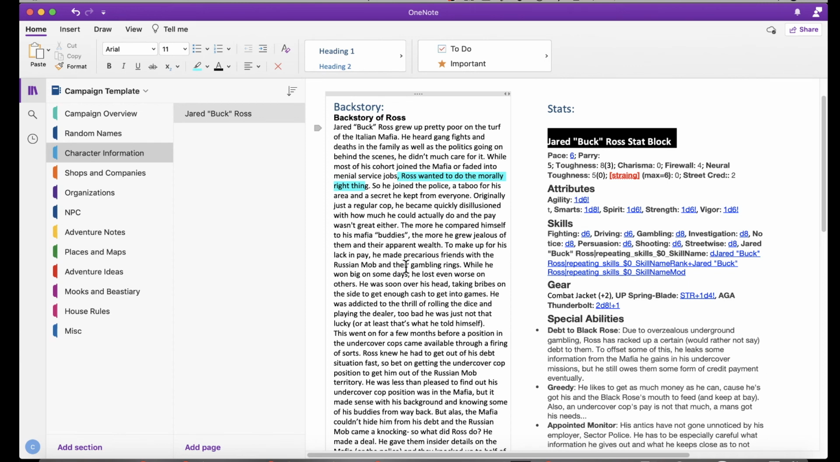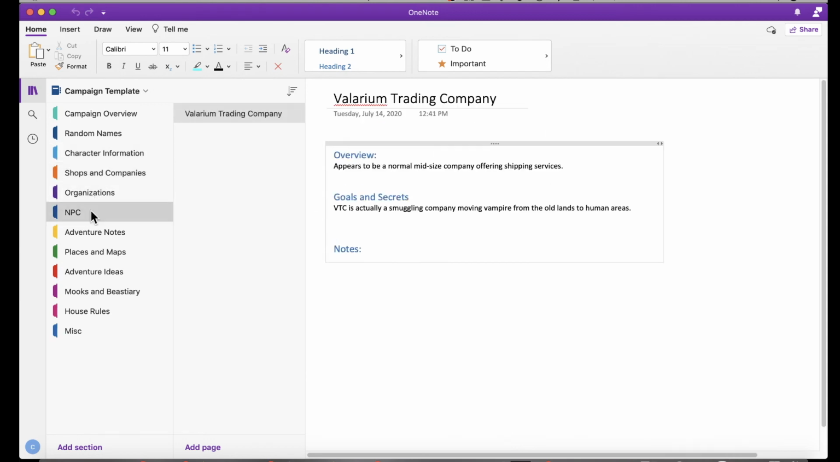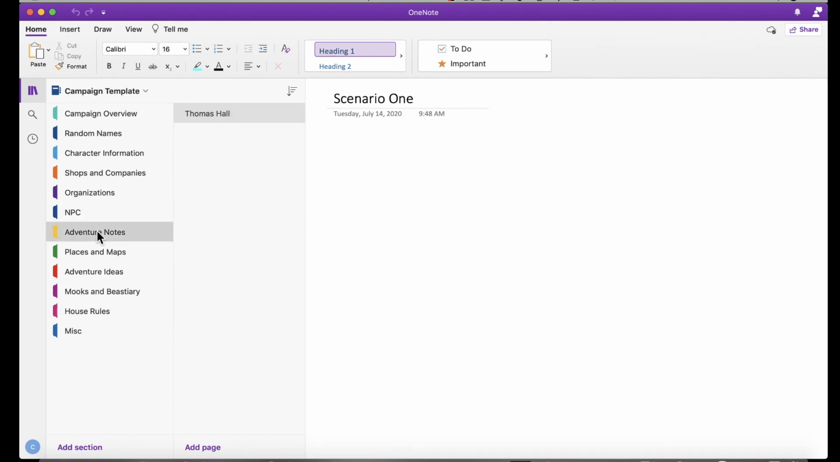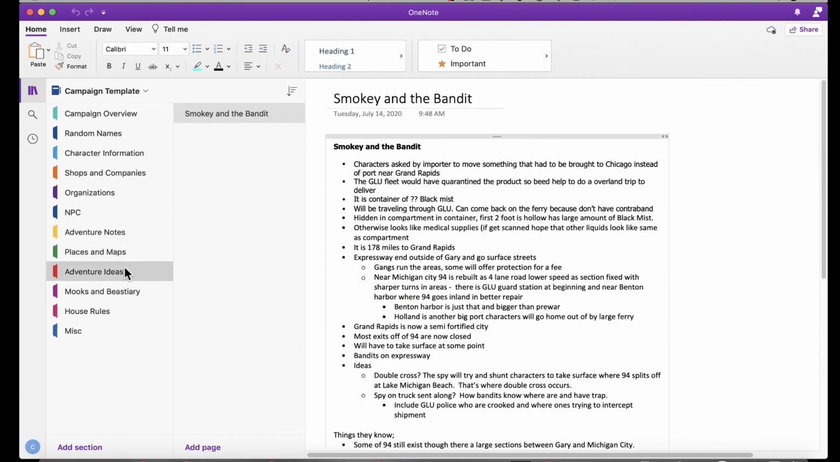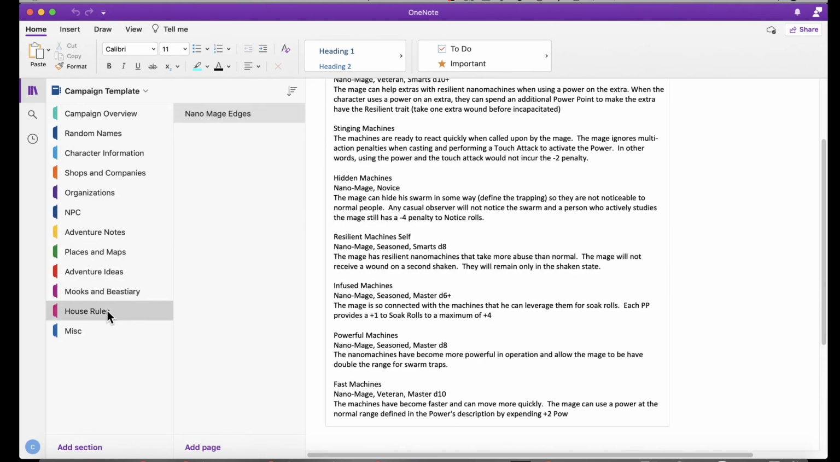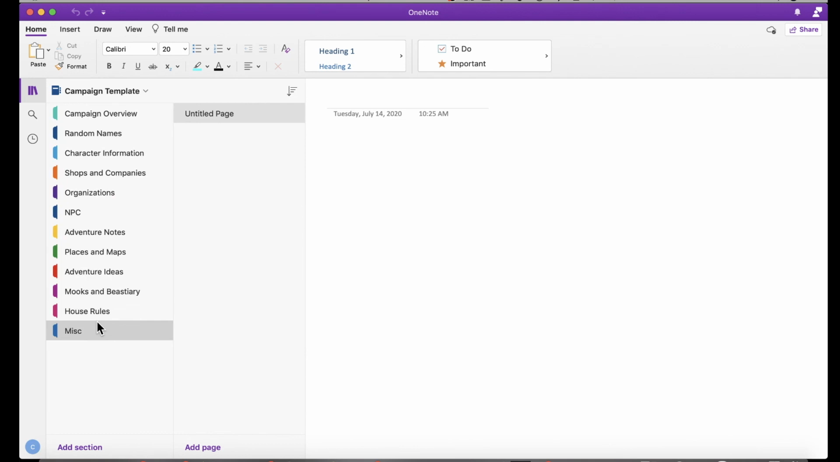So as things and ideas come, I can quickly pull that up, and I don't have to go into Roll20 or somewhere else to find it. Keep track of the shops, organizations, and NPCs that are important. Each adventure while the team is playing, since I play mostly online, I can keep OneNote open. I can quick take notes and capture that, and then take it and put it where it needs to go later. Keep my maps and my places. Have that adventure idea location where I can just keep capturing things. Bestiary, house rules, and then just miscellaneous garbage. So that's what I do